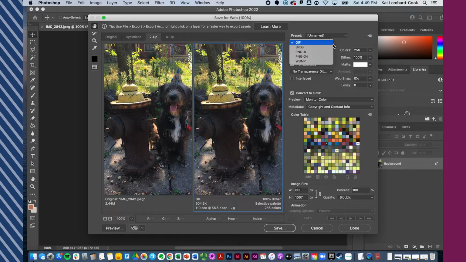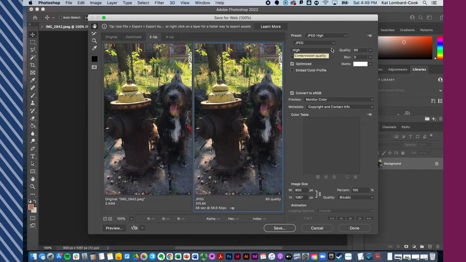So in this case, I don't want it to be a GIF. Now I'm going to stick with the JPEG. Now, what it's going to tell me is what compression level, what quality, and so then I'm starting to get a sense of size, and I get this size here. So my original image here is 2.44 megabytes. Now, this image on the right is 315K. That's with 60% quality and high